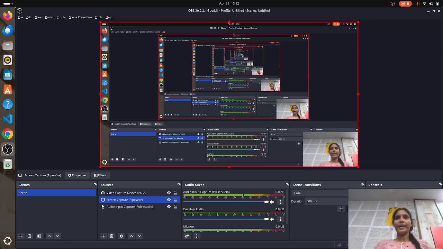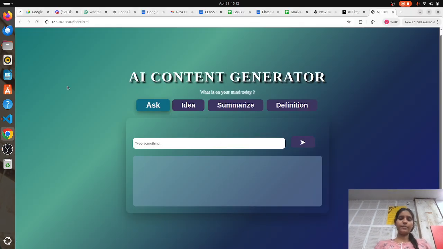In this video, I will demonstrate my UI and AI content generator feature of the Summarize. So let's go into the UI first, the user interface. This is my UI and here we can click any buttons. But in this video, I will share about the Summarize features. So the user will first select the Summarize button, then in the input the user can give the